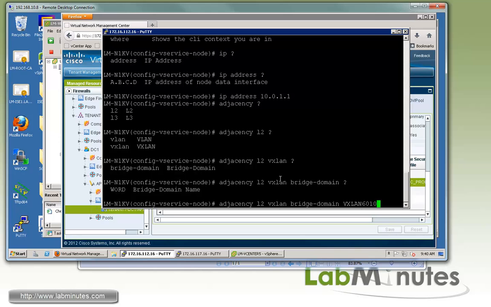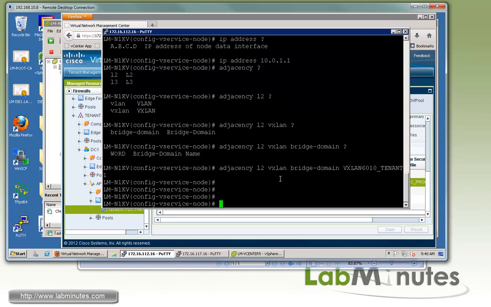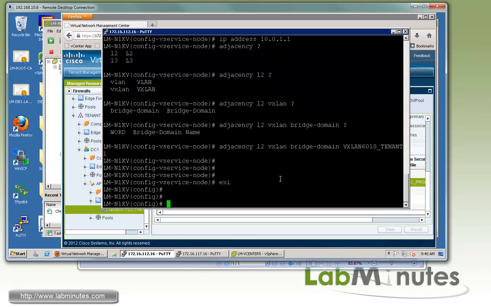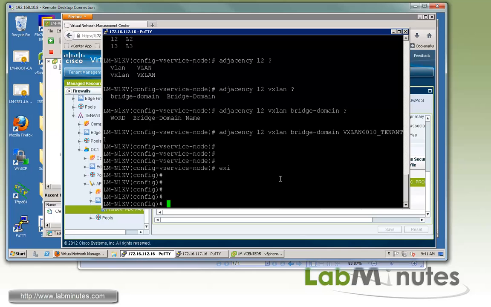6010 tenant 1. Okay. So now we have to create a port profile that we can assign to the test VM. So I'm going to look for an existing port profile that we are currently using for VXLAN 6010, and then we're going to associate that to the security profile. Okay, so I have a port profile called VM VXLAN 6010 tenant 1,